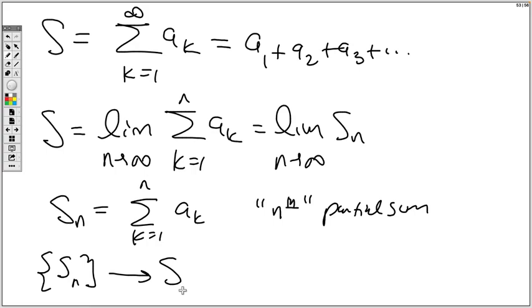So take the limit of the sequence of the partial sums. That's what we assign to the value for the infinite series. In some nice cases, we can actually find out, if it converges, what it converges to, but most of the time we don't. The big tools we have